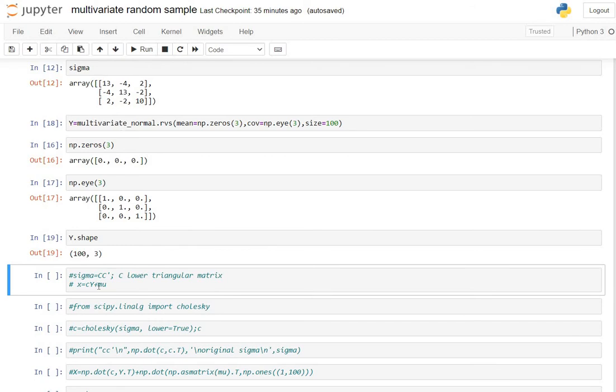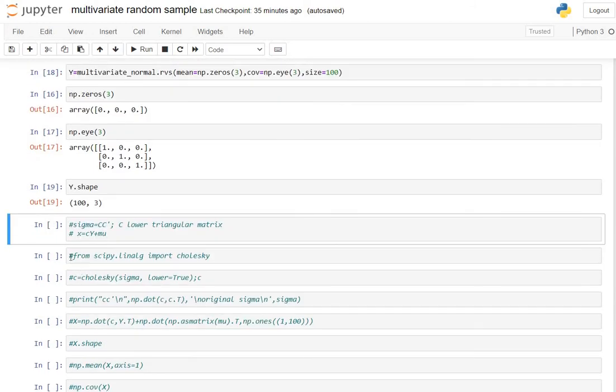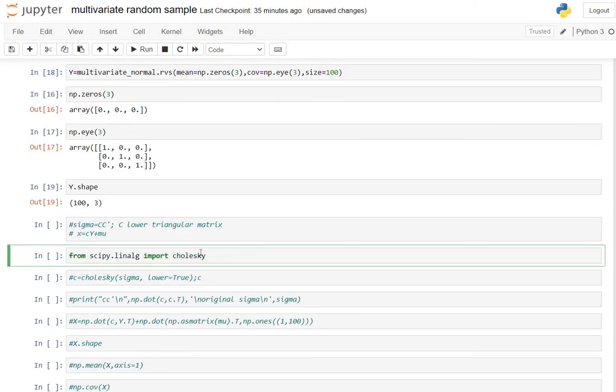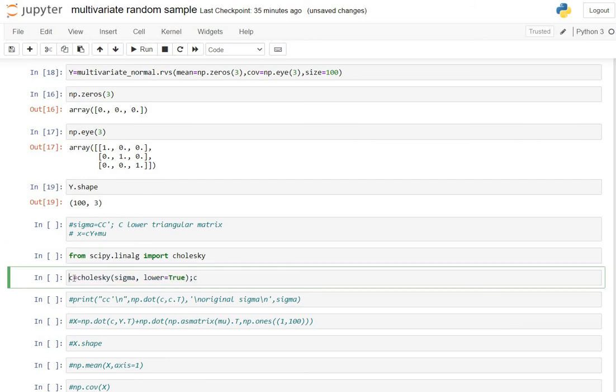For that, again we have to import cholesky from linear algebra. So from scipy.linalg import cholesky, and then the matrix C can be obtained as cholesky of matrix sigma, and for the lower triangular matrix give lower is equal to True.